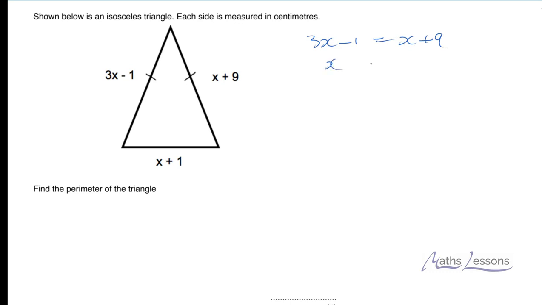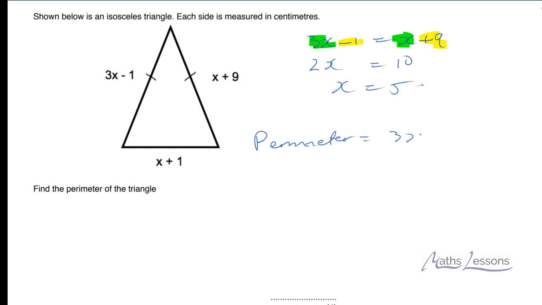So therefore 2x must equal 10. I've taken this x off both sides, taken it off the 3x to get 2x, and I've added 1 onto both sides to get the plus 9 to go to 10. So x equals 5. So therefore the perimeter